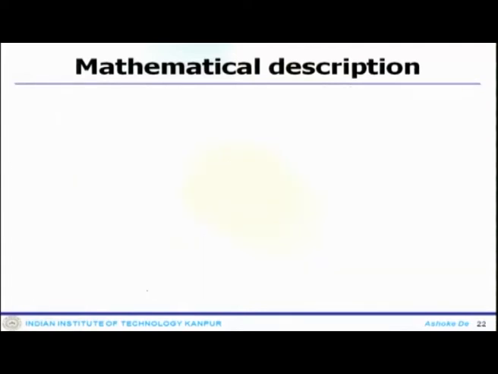So, essentially your Grashof number is g beta delta t L cube by nu square, and Prandtl number is mu Cp by k, where nu is your mu by rho. This is kinematic viscosity, this is dynamic viscosity, this is density. So, once you do the non-dimensionalization, then you come across different non-dimensional parameters. So, what are those non-dimensional parameters? One of the important non-dimensional parameters is the first thing, the Reynolds number.